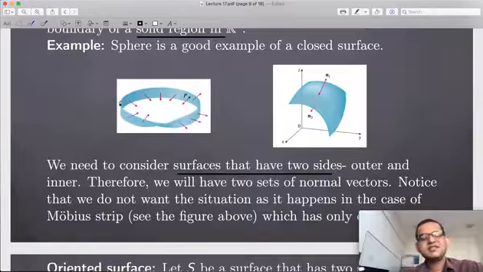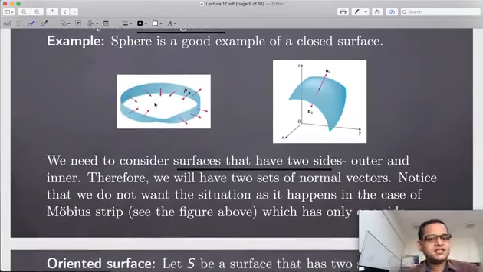So this one has only one side, in a way. Whereas here this is not happening: if I move along this surface, I will reach the boundary, and if I have to come down, I will fall off of this and will not come to the downside. But here you can move very smoothly, from outside to inside and inside to outside. So when we consider surfaces in this course, we will consider surfaces of this type,